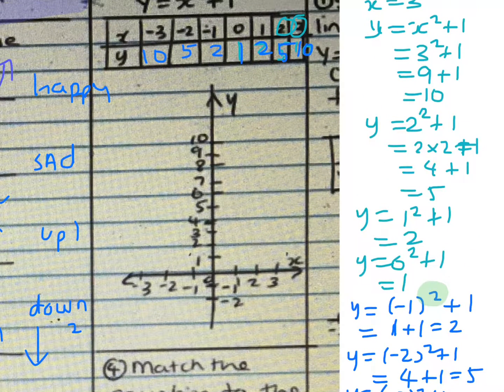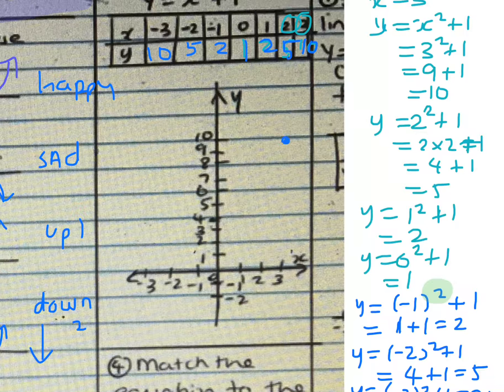Okay, so you go across to 3 and up to 10, across to 2 and up to 5, across to 1 and up to 2, 0, 1, and then they're the same on each side. Across to minus 1 up to 2, across to minus 2 up to 5, and across to minus 3 up to 10. So when you draw this through,